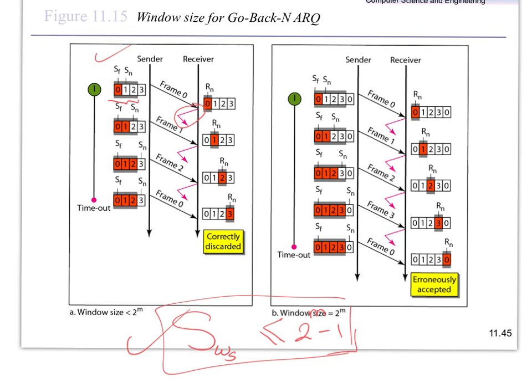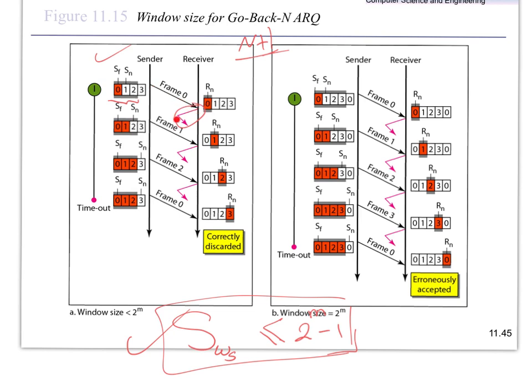In stop and wait, we talked about the same example for one frame, right? We reached the worst case where we have to resend the same frame again, and therefore we came to the conclusion that we need 2 sequence numbers, 0 and 1. Here, we need to have capital N plus 1 sequence numbers. Why? Because if we assume that all the acknowledgements get lost, what happens is that I send